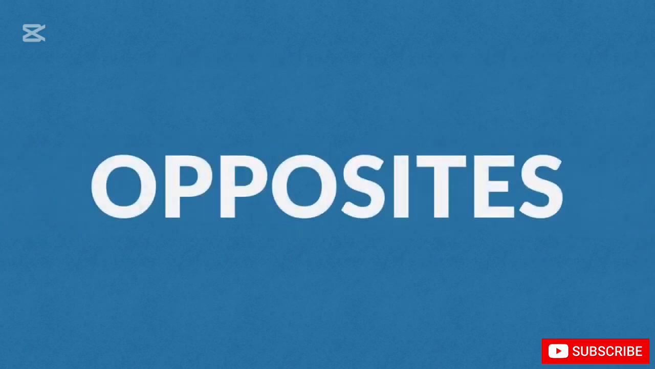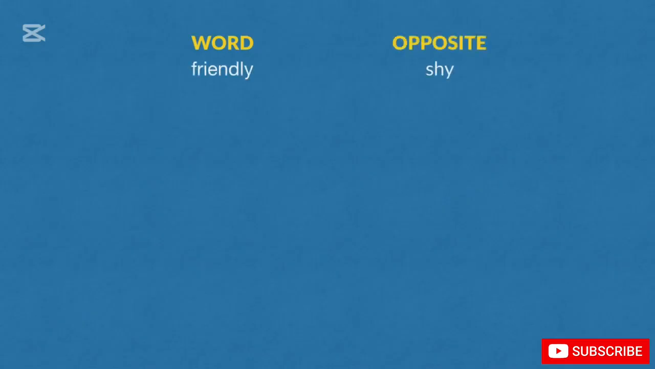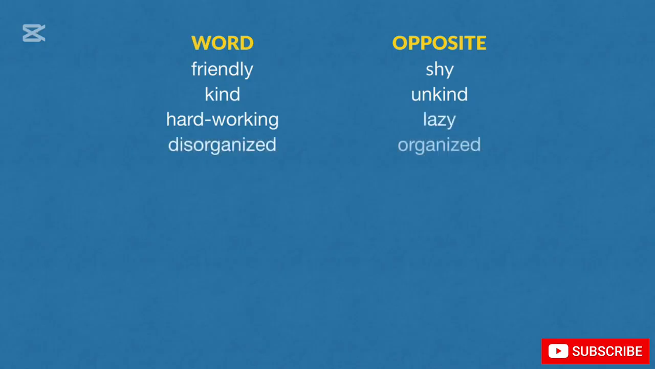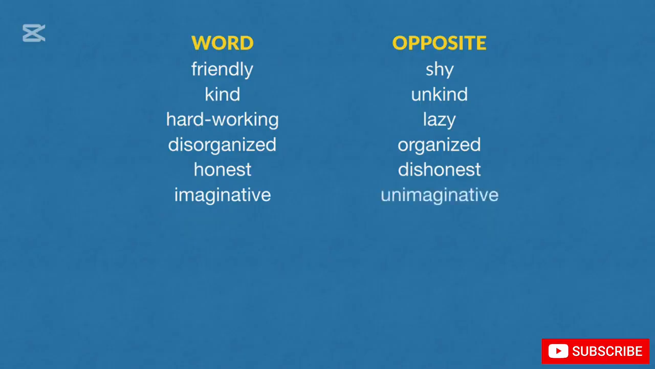And the opposites activity. So friendly is, you could have shy. Unfriendly is another opposite. Kind, unkind. You could also have selfish. So selfish is the opposite of kind. For hardworking, lazy. Disorganized, organized, honest, dishonest, imaginative, unimaginative, confident,